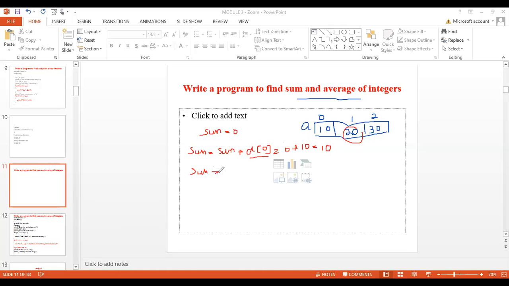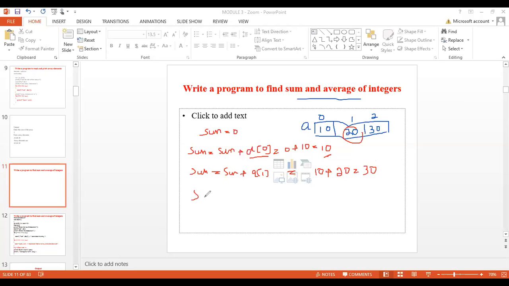So we'll be writing sum is equal to sum plus a of 1, which is equal to, the previous sum value is 10, so 10 plus a of 1, that is 20. So our answer will be 30. So 30 will be stored in sum.